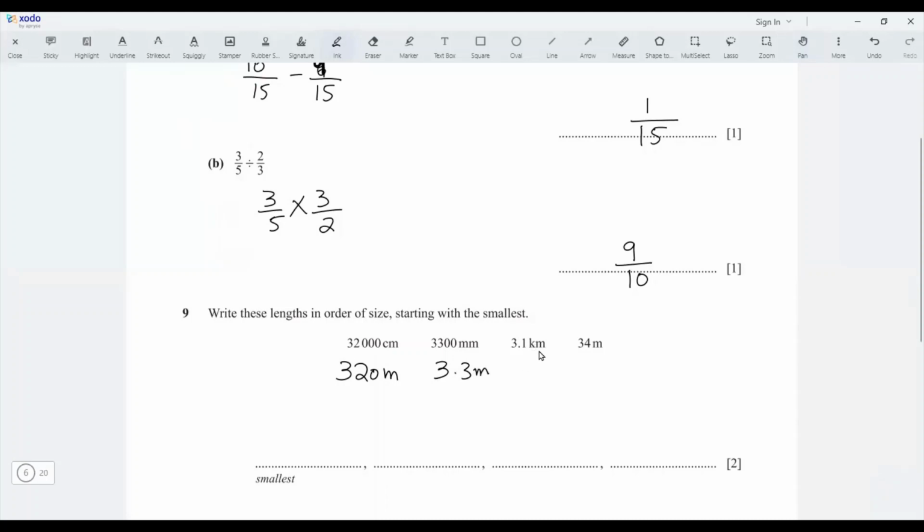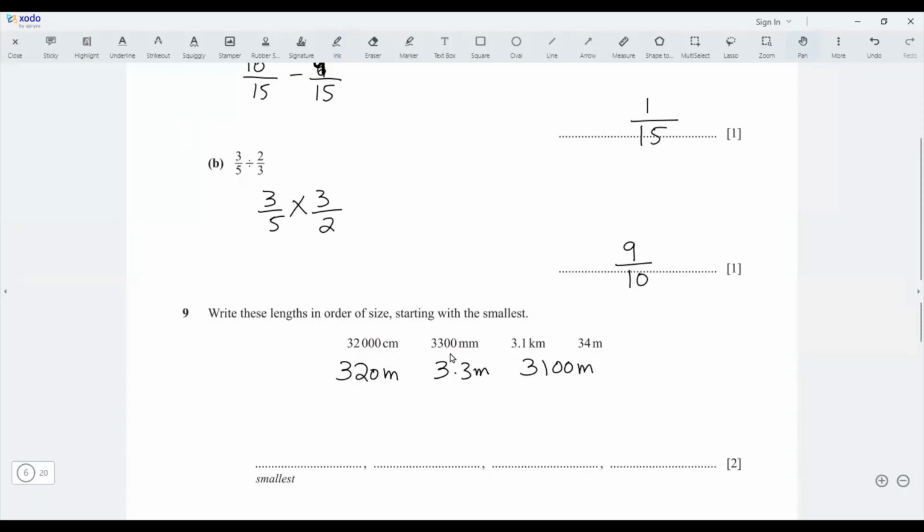For converting from kilometers to meters, 1 kilometer has 1000 meters. So we have to multiply this by 1000. The result is shifting 3 digits towards the right, so 1 and 2 zeros. So it will be 3100 meters. Which one of them is the smallest? The smallest among them is